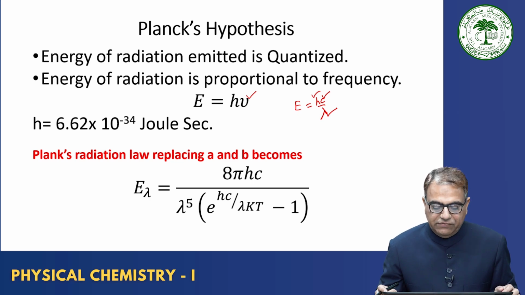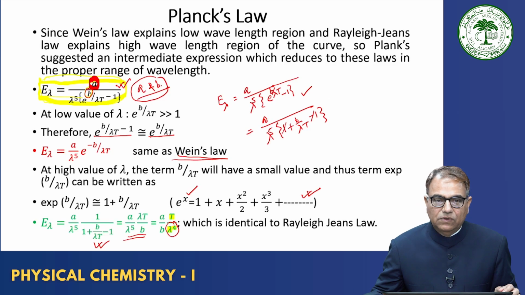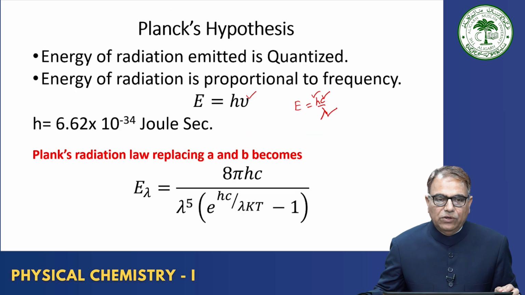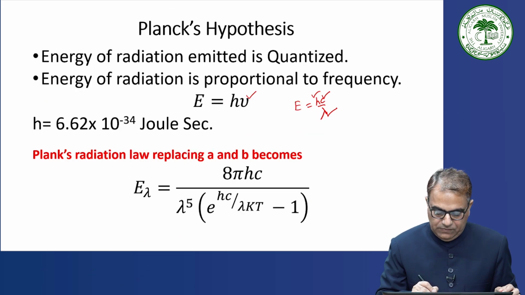Okay, because it was B divided by lambda t. So lambda t is already there, so hc divided by k. So A becomes equal to,